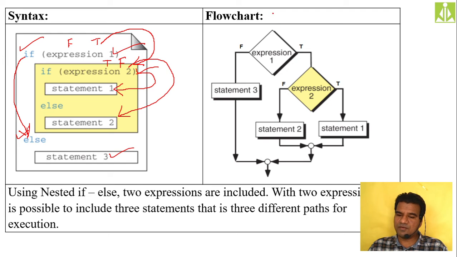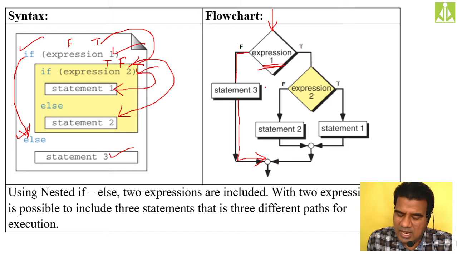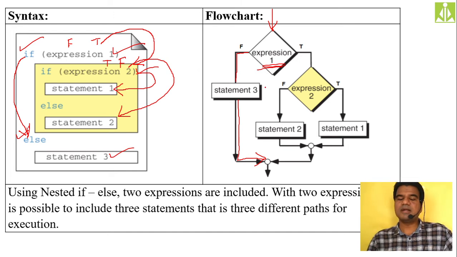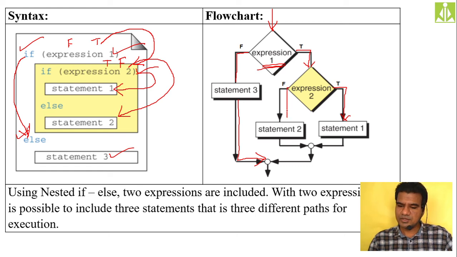How we will enter over here? From the top we will enter. We will come like this. Then we have the expression 1, let us assume. Then expression 1, let us assume it is false. Then the control will move in this direction, execute statement 3 and exit. There is nothing else we have to do. It simply executes statement 3 and it will exit. But if the expression 1 is true, then we have another expression, expression 2 to be tested. If expression 2 is true, then this way. If expression 2 is false, then this way. So like this,